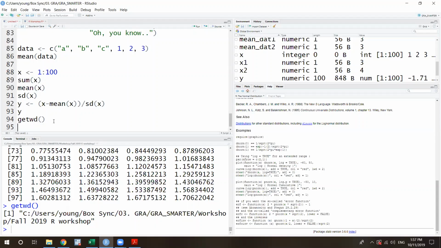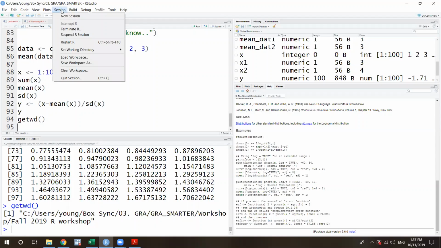There are a bunch of ways to switch the working directory. The first way is to go to Session, then Set Working Directory, and then you can choose the directory here. If you click this, you're going to see all the folders on your PC. So you can select the folder that has the file named depression that we shared with you.